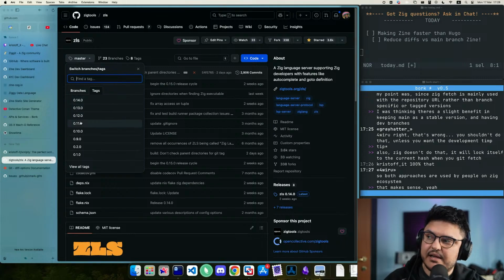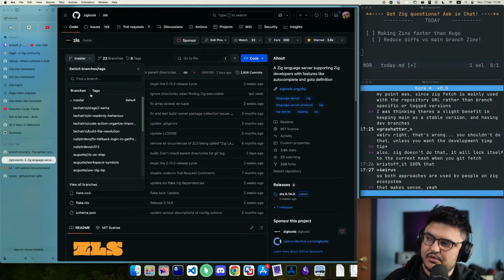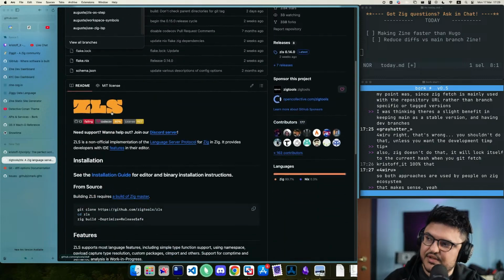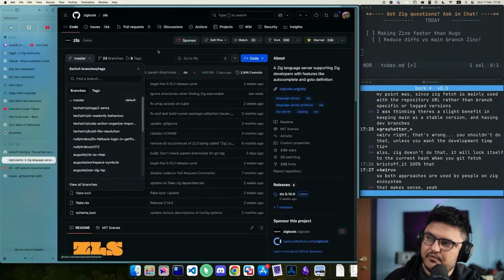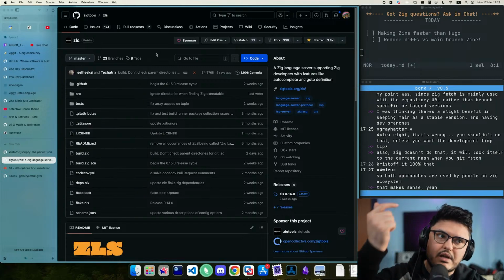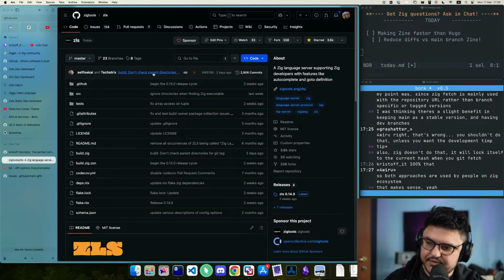By using a tag, it means that the version that is backwards compatible is frozen in time. They don't intend to backport any improvement to it. Reasonable, honestly, given what ZLS is. But if you wanted to be a good citizen, you would make a branch for a given stable version of Zig that would also allow you to backport bug fixes if you wanted to. Anyway,